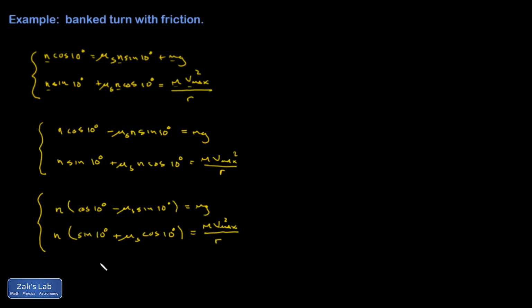So these equations have a nice symmetry to them. What I'm going to do here to make my life as easy as possible is take the bottom equation and divide it by the top equation, because that puts v max into the numerator of the result and makes it easier to solve for it. I know that's what I'm going for. So I take the bottom equation again and divide by the top equation. So I end up with N times the quantity sine of 10 degrees plus mu s cosine of 10 degrees, all divided by N times the quantity cosine 10 degrees minus mu s sine 10 degrees